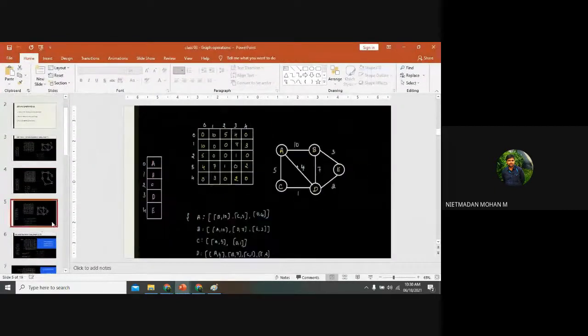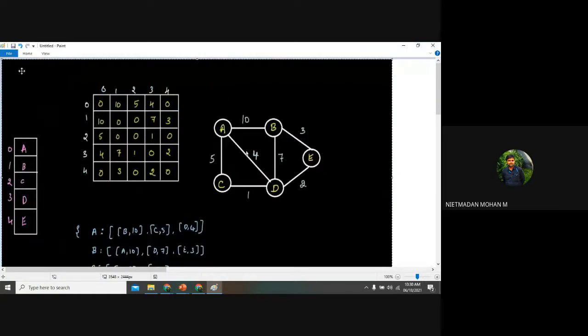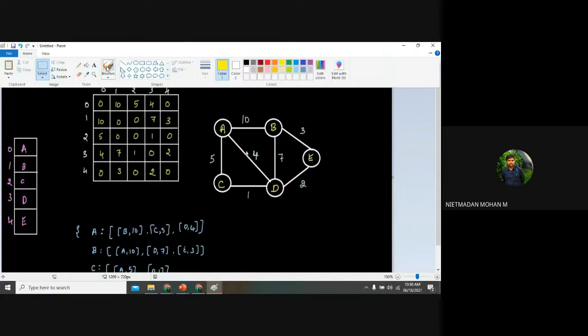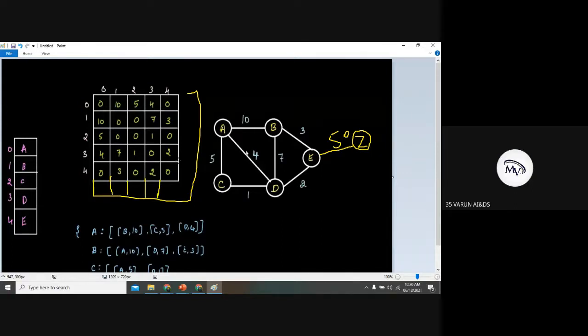Now the same thing applies in the directed graph also. How will the directed graph be? If I am inserting a node called Z and creating an edge with a value of 50, how will this representation be? Is this a directed graph or undirected graph? Weighted.